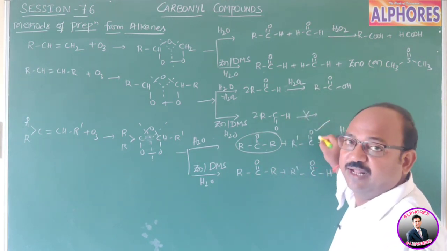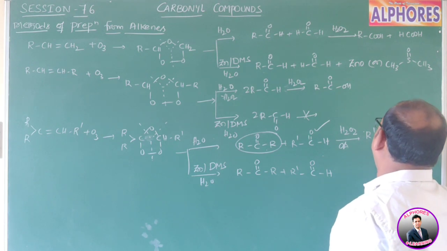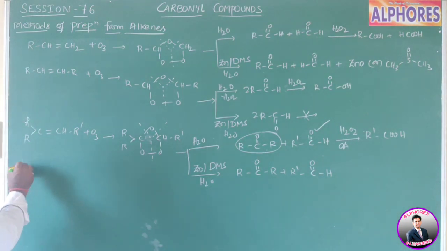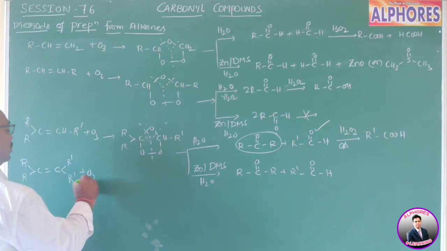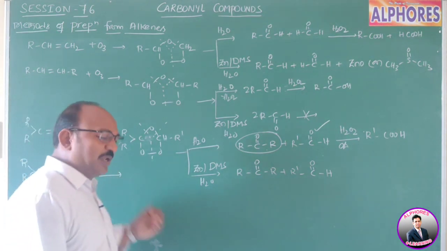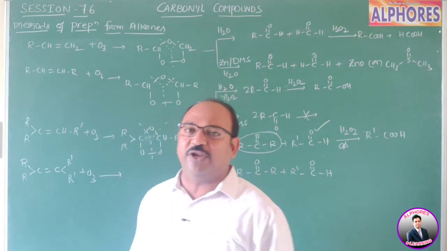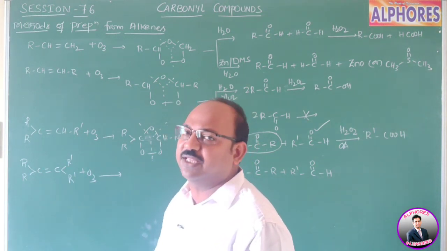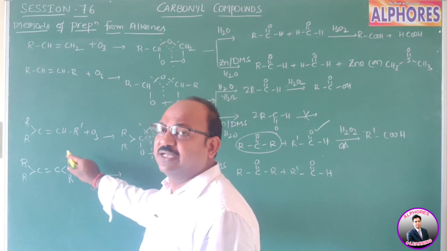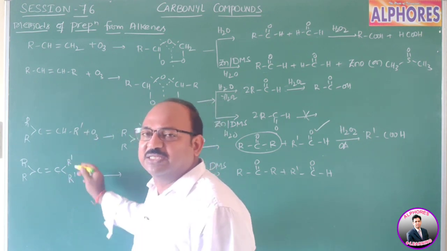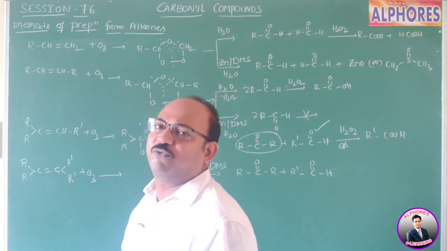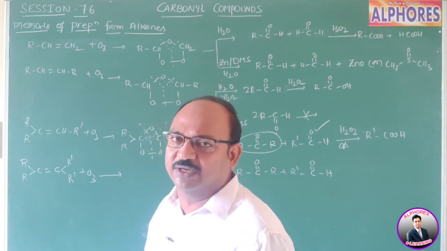And here what we are writing, R dash C=OH, this one undergoes oxidation and converts into carboxylic acid. Now, if we are using, say, RC=R dash, this one upon ozonolysis, whether in the presence of a reducing agent or in the absence of a reducing agent, that is not the criterion here, because both valences of this carbon are satisfied with two different alkyl groups. Because of the alkyl substitution, we are not getting any aldehydes. That's why there is no scope for further oxidation. Ultimately, you are getting ketone products.